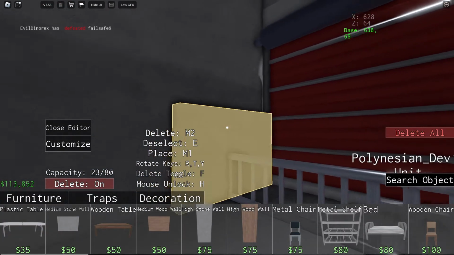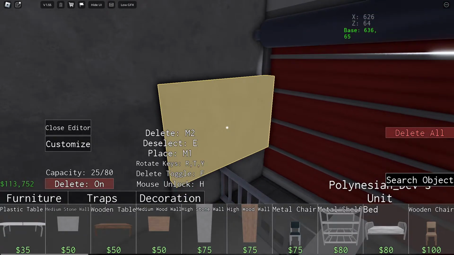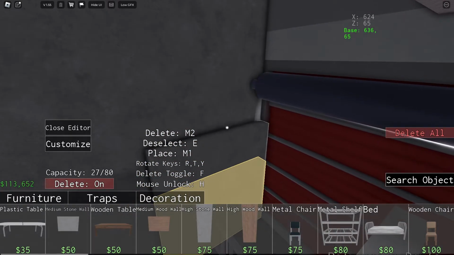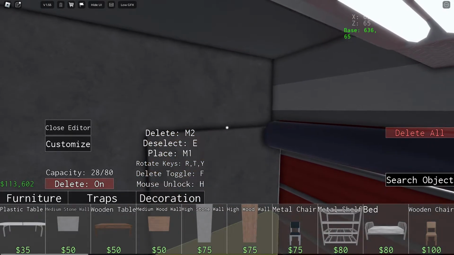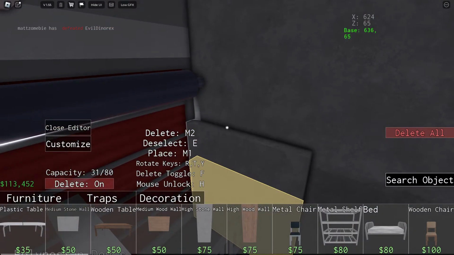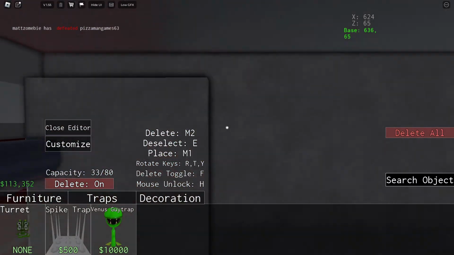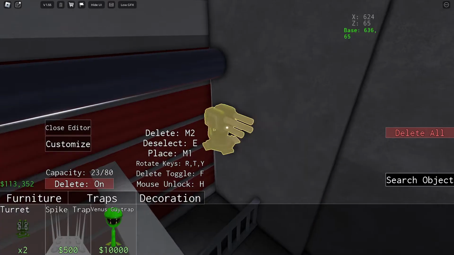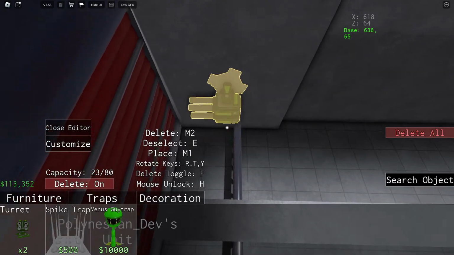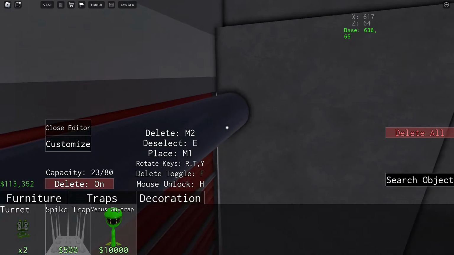Then we're going to get the turrets out the way, honestly. I'm going to place this here so I can see up higher. We're going to do 1, 2, 3 and 4. 1, 2, 3, 4. And then we're going to go to traps, delete 2 turrets, place 1. You want to line it up with this rail, in between this rail and in between this roller,